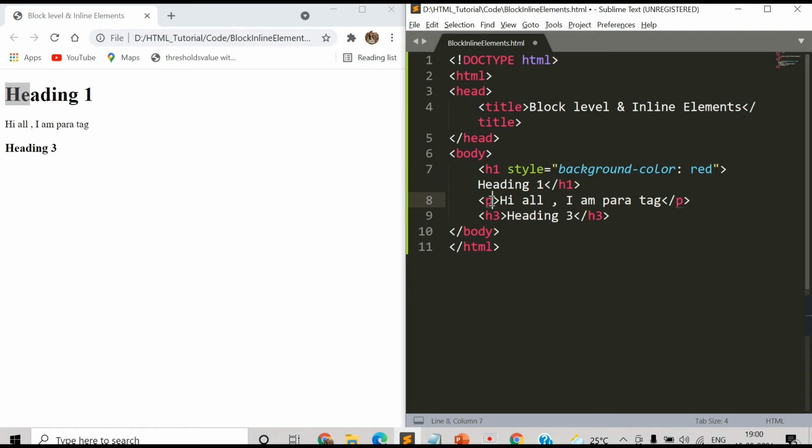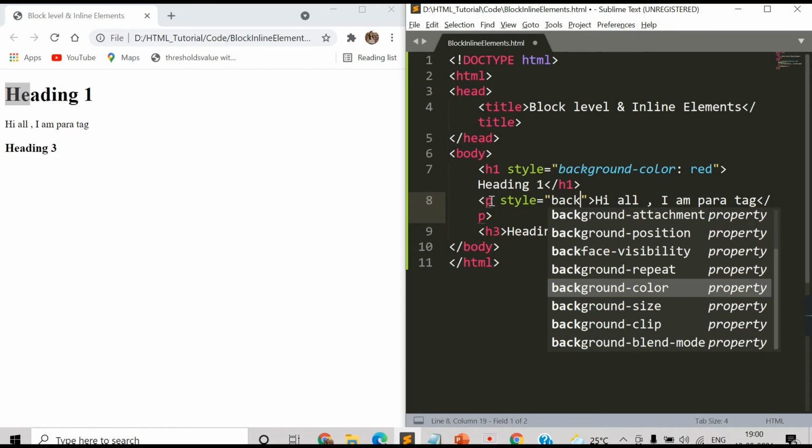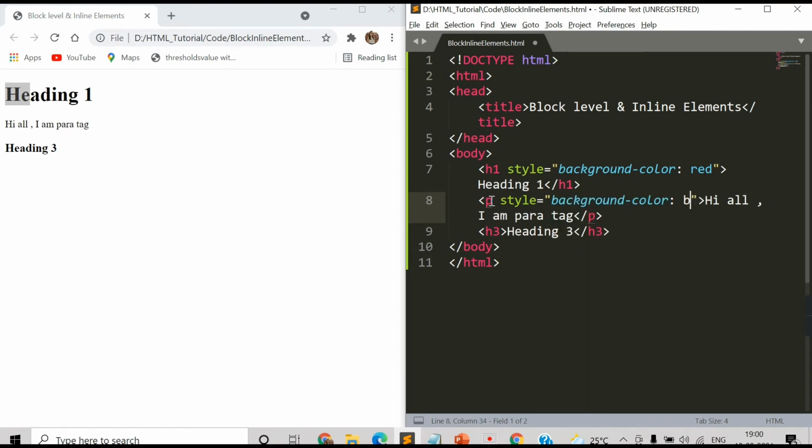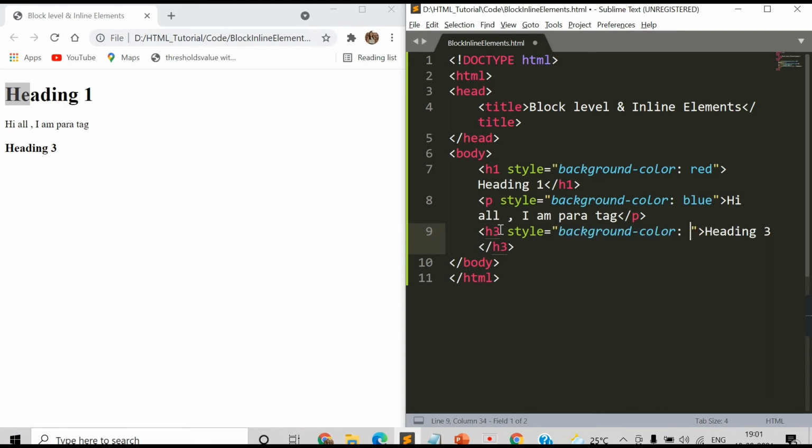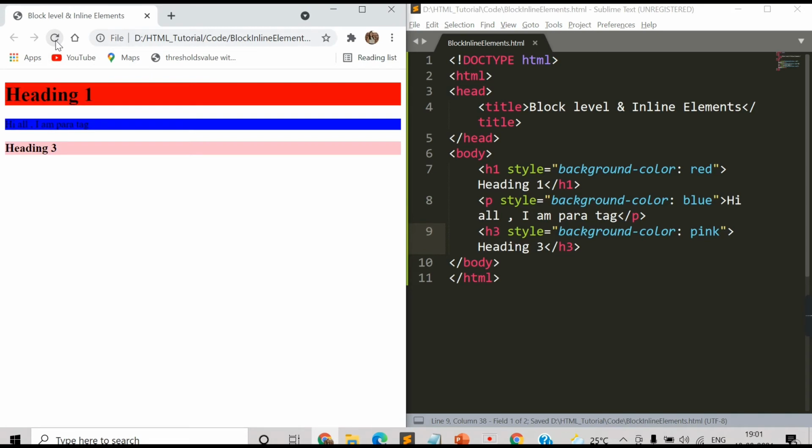Similarly on the paragraph, style, background color, let's say blue. And for the h3 heading tag, style, background color, let's say pink. Save this, refresh the browser.